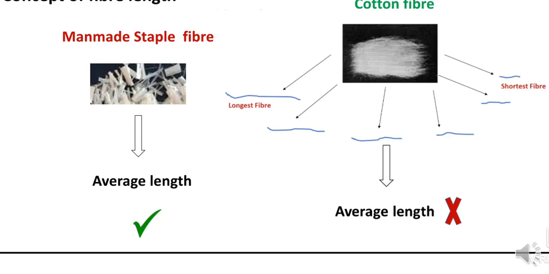Then in that case, you are not going to have any control on longer or longest length fibers. Those may grip at a time between the two drafting rollers. There may be a change in extensibility of the fiber and at the extreme there may be breakage of a few fibers. And hence it is not at all advisable to use this mean length for setting the rollers. So average length is of no use as far as cotton is concerned.